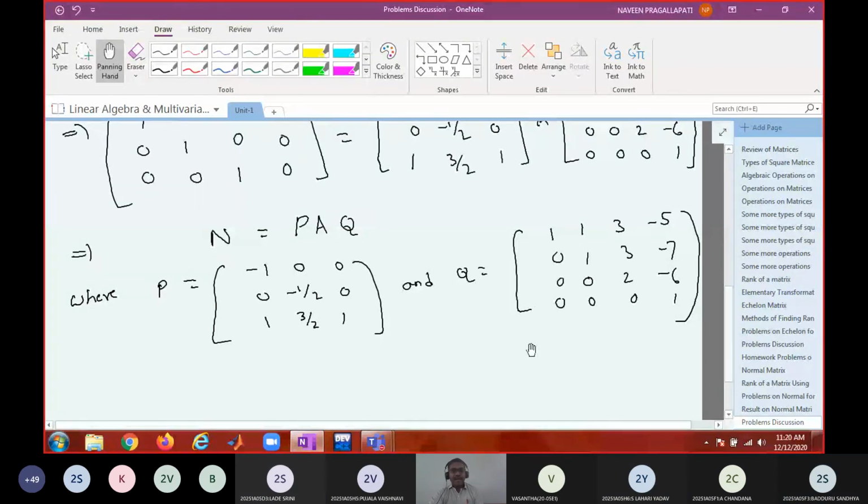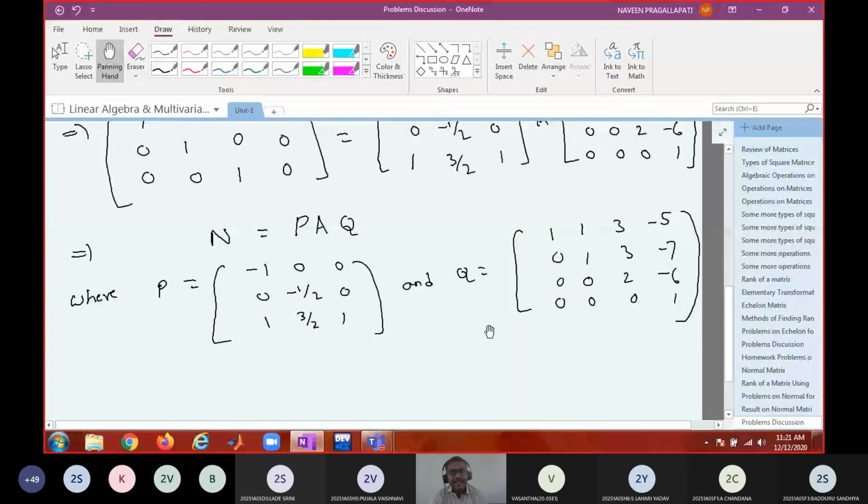So what happens if there are triangular matrices? What is the determinant of a triangular matrix? Product of diagonal elements. The determinant of a triangular matrix is the product of diagonal elements. So what is it? Product 0 or non-zero? Non-zero. Therefore, P is non-singular. What is its product? Non-zero. Therefore, it is non-singular.